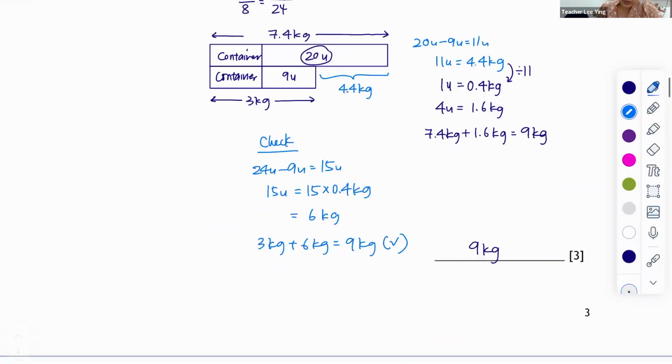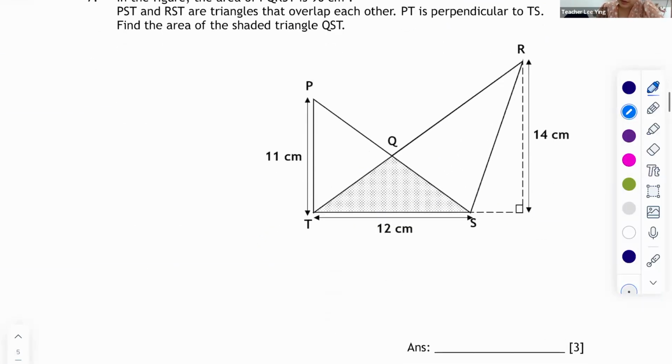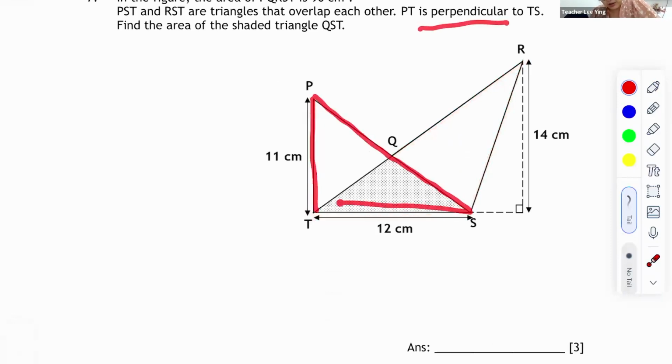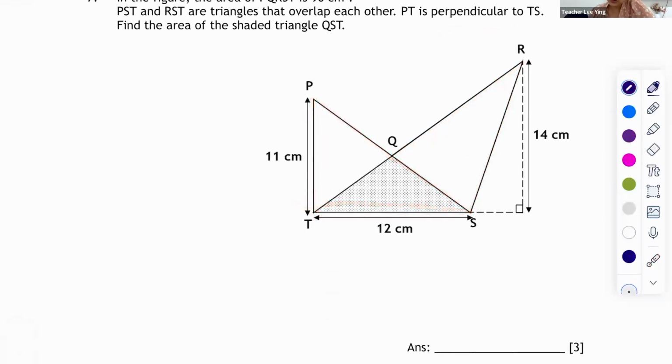Moving on to question number 7. In the figure, the area of PQRST is 90 square centimeters. That means the whole area over here, this 5-sided figure, is going to be 90 square centimeters. And we are told that PT is perpendicular to TS. So this means that I have a right angle triangle and I can find the area of this right angle